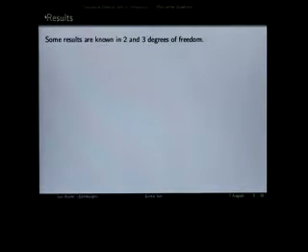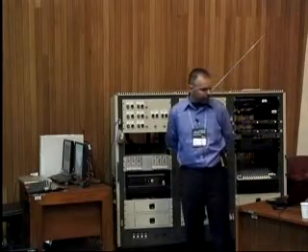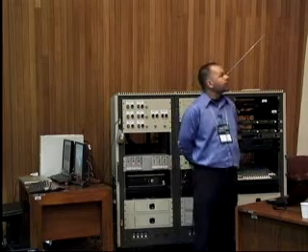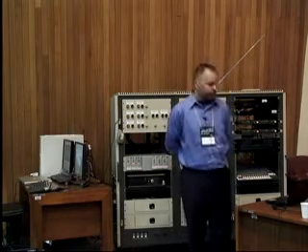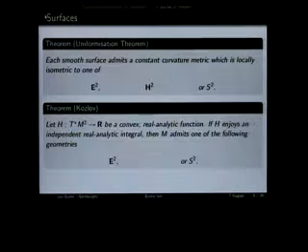Okay, so here are some results in 2 and 3 degrees of freedom. Just to remind you of the uniformization theorem for surfaces, each surface admits one of 3 geometries: either flat Euclidean geometry, hyperbolic geometry, or spherical geometry. And a theorem due to Kozlov, which was proven in '79, is that if we have a convex Hamiltonian